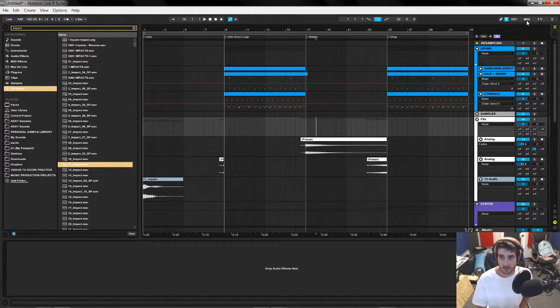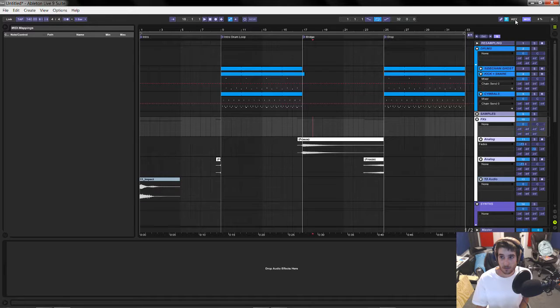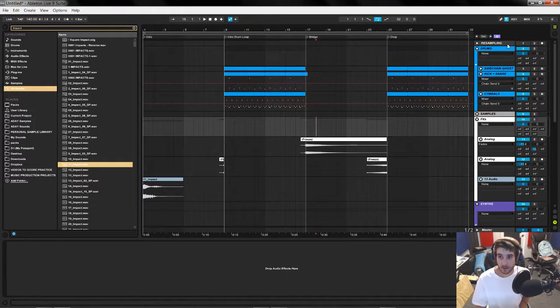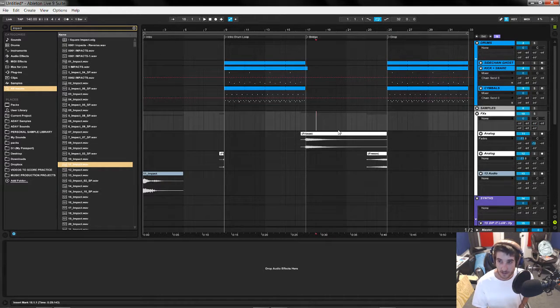Or maybe I could MIDI map it? No, it doesn't even give me the option. I was gonna key map it to one of my macros. I have a little gaming keyboard with the little extra buttons that you can macro things to, which I thought I would do it to, but no, you can't do it. Ableton, if you're hearing me, which I know you're not, give us the option to toggle this.